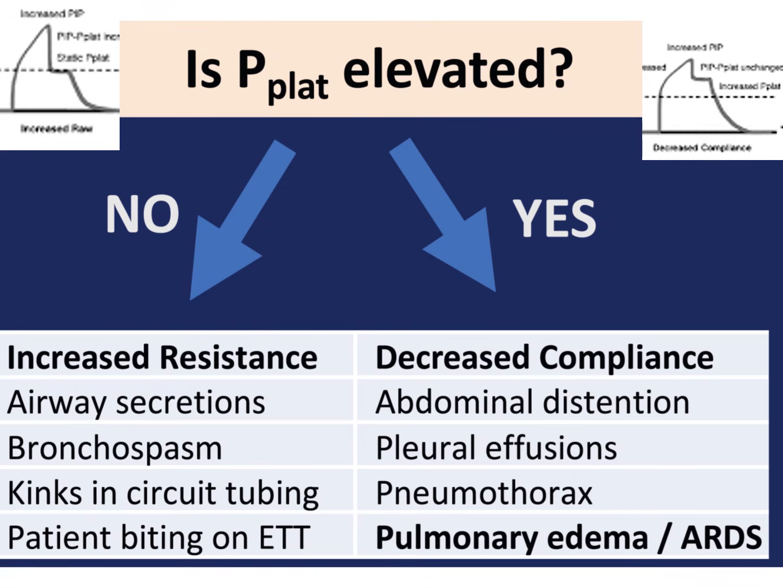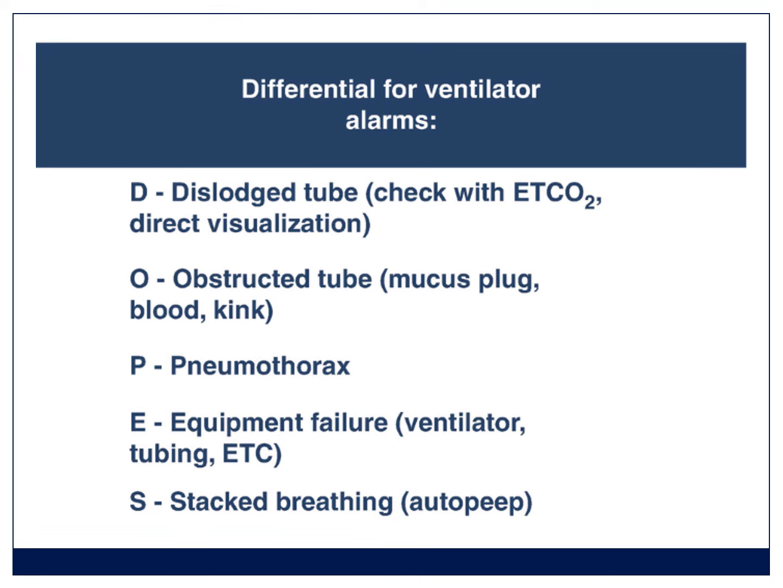So it's a useful trace to look at, and I'm not expecting you to remember this now, but get used to looking at pressure traces. If you have a ventilator problem, many people use this mnemonic. It's called DOPES. D is for dislodged tube, O for obstructed tube, P for pneumothorax, E for equipment failure, and S for stacked breathing. You can use these things if they help you, but you need a sort of systematic